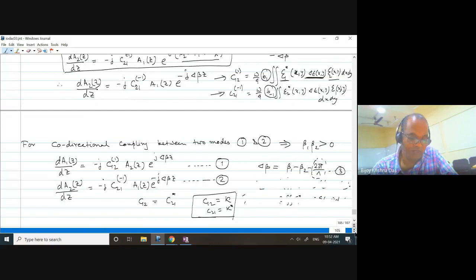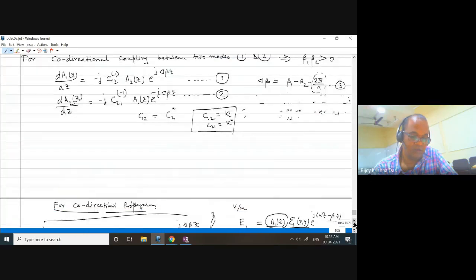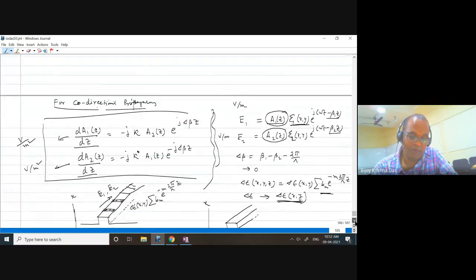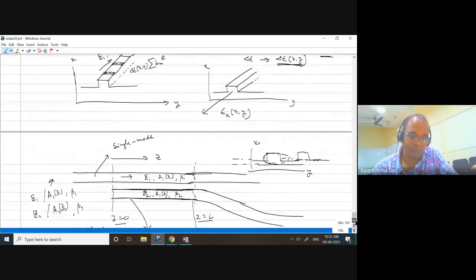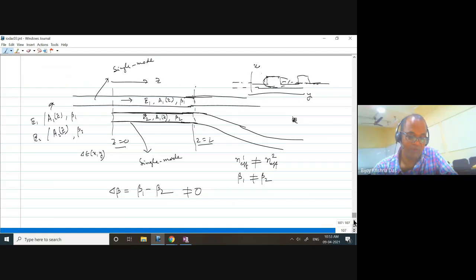So this particular equation, whatever I have derived here, is also true for coupling between two neighboring waveguides. Do you have any question now? Can you calculate the kappa value for this type of situation? What would be the kappa value? How to calculate kappa in this type of situation? I know that you can calculate, right?